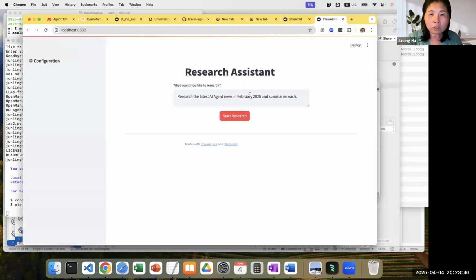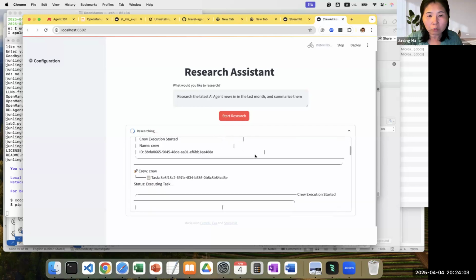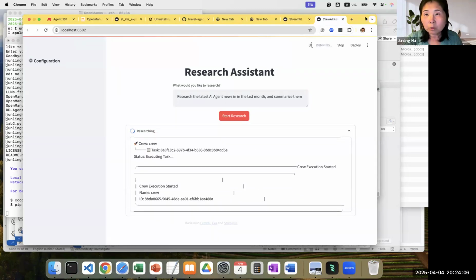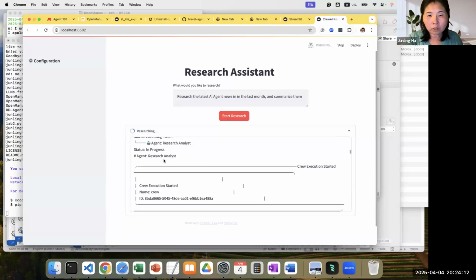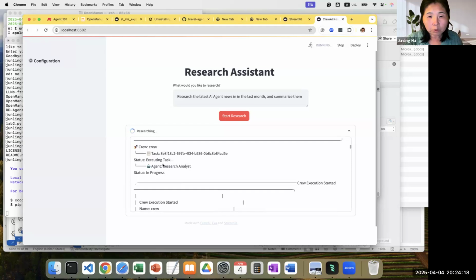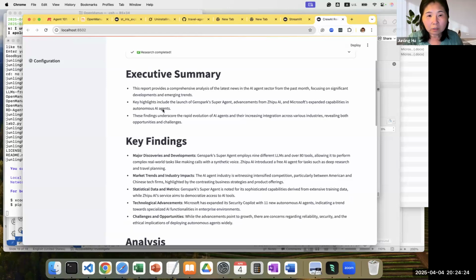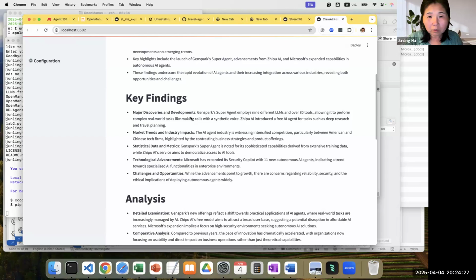You can ask it to research the latest AI agent news in the last month and summarize them. It starts a search, and then you have many agent crew members started to do the job. You can see this is a research analyst, and this is also research. It comes back with the key findings, the major news.